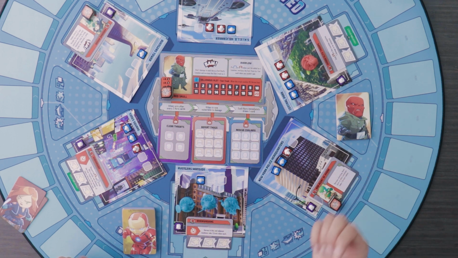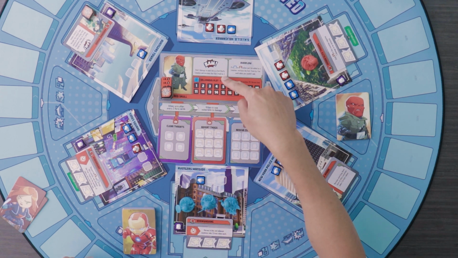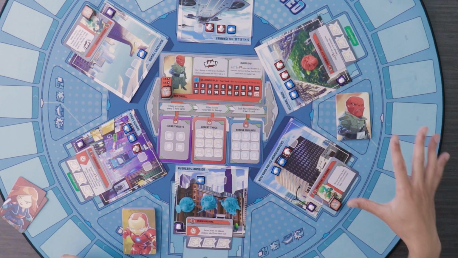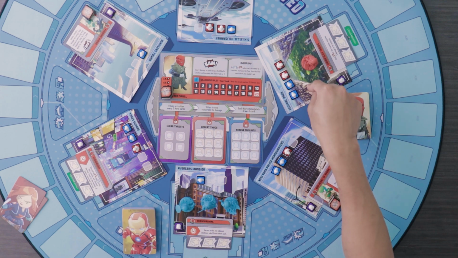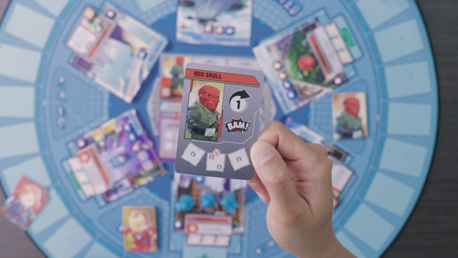A BAM effect is essentially a special. So in this case, he's going to deal 1 damage to each hero in Red Skull's location and increase the fear track by 2. Luckily, there are no heroes currently over here in Central Park. All my heroes are in the Avengers Mansion. That's good. So we're gonna skip the BAM, but then the next part says we're going to put civilians in